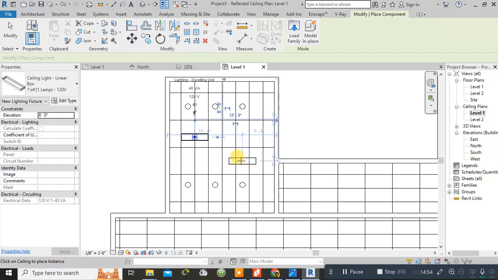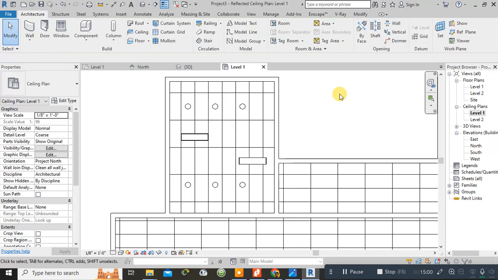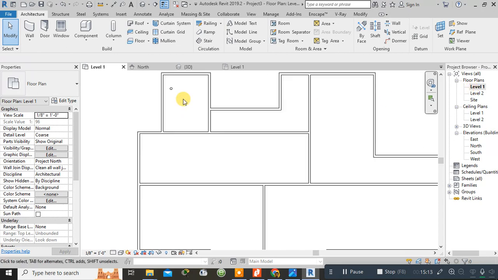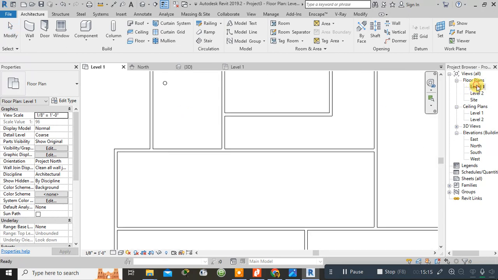So place it here as well as place it here. So now let me check by going inside the room. And remember that if you want to go inside the room, then what you need to do is you have to go to the level 1, floor plan level 1. After going to the floor plan level 1,